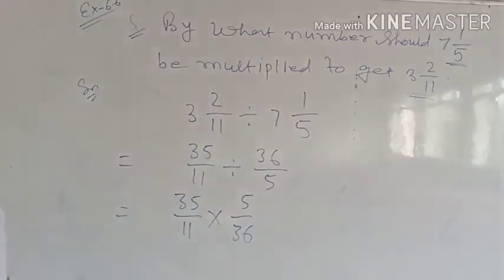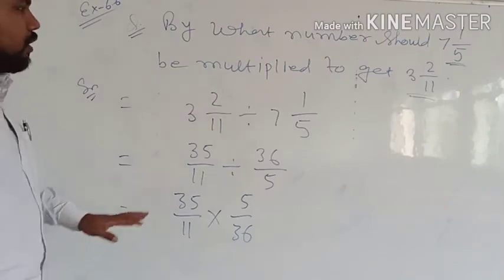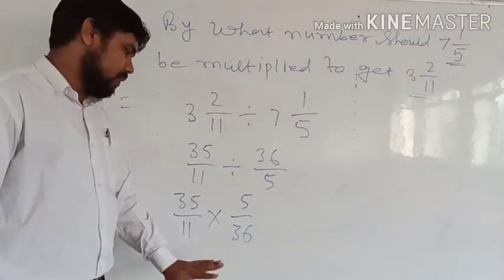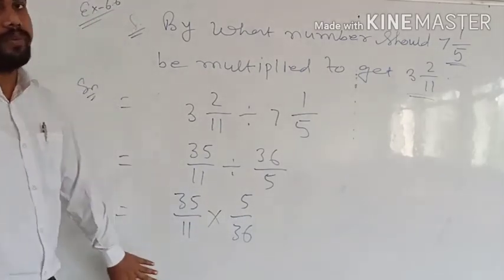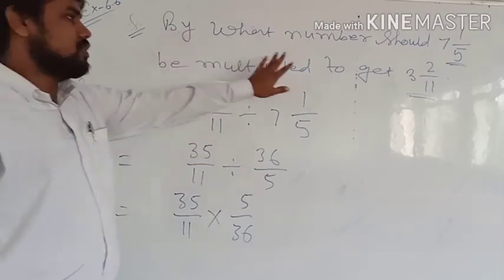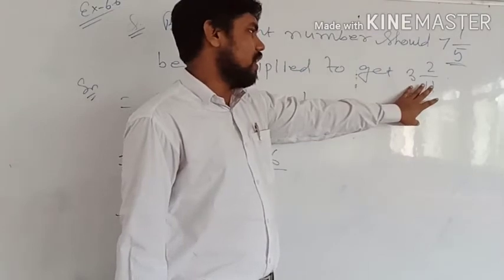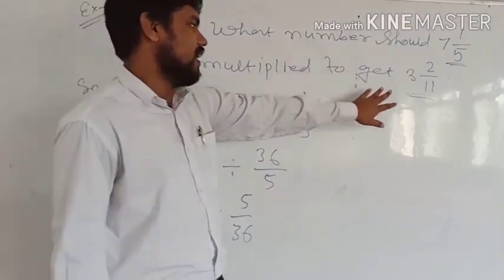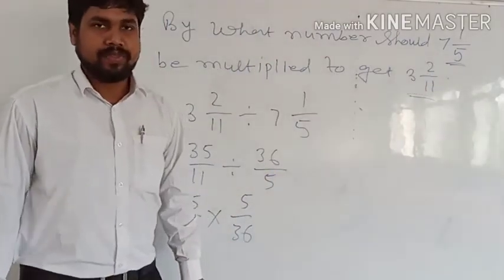As per this question, what we have written is correct. After multiplying, whatever the result comes, that will be the required answer: 5 multiplied by 35 and 11 multiplied by 36. So इस तरह से अगर हम ये बेसिक कंसेप्ट याद रखेंगे कि जिसका प्रोडक्ट दिया हुआ है, उसे पाने के लिए हमें कितने से इसको मल्टीप्लाई करना पड़ेगा, so we will divide this by this. After dividing, whatever the answer comes, that will be the required number.